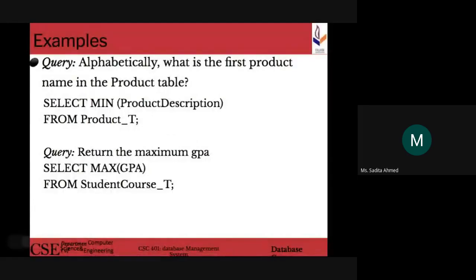Similarly, from the UnityB example, maximum GPA calculate করতে যাচ্ছি, GPA value কোথায় আছে ফার্স্টে আমার কিন্তু বের করতে হবে from which table, GPA value কোন টেবিলে আছে এটা ফিগার আউট করতে হবে। We know from experiences or examples so far student course table GPA আছে, so from there just calculate the max GPA, right? এটা তো straightforward, GPA is a number, so max GPA, simple as that. Okay,